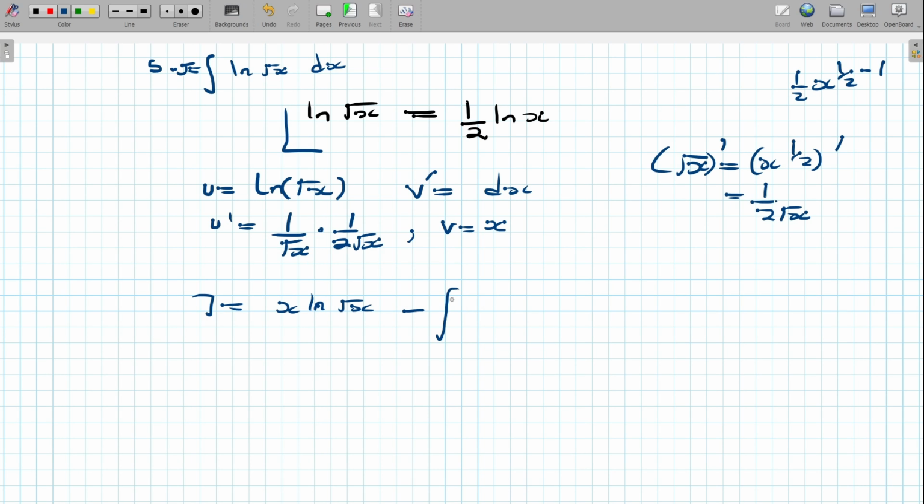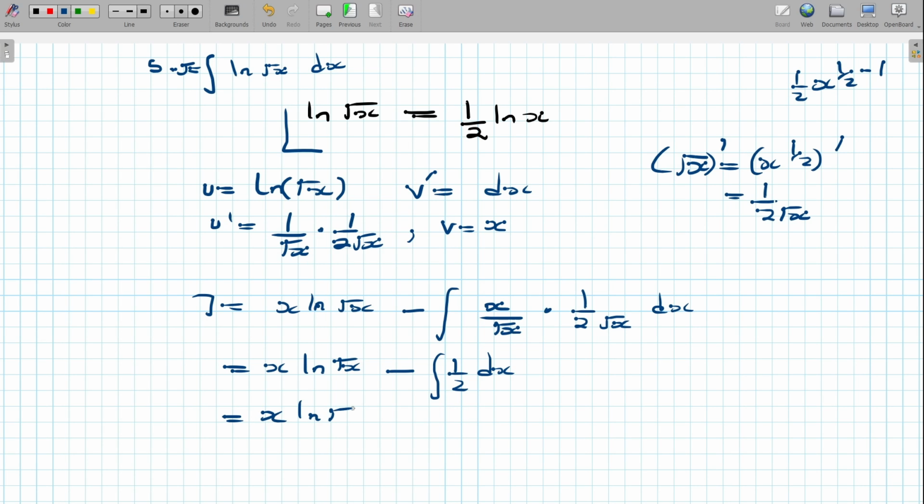So u prime is this quantity multiplied by this quantity. So we have x divided by root of x, and then multiplied by 1 divided by 2, and then multiplied by root of x. So here we have root of x. If we simplify a little bit further, we're going to have natural log of x, x multiplied by natural log of root of x, and then when the root of x multiplies with this root of x that we have here, we get x, then the x and the x simplify. So finally what we get is 1 divided by 2, and then dx. I'm going to put the x here, and then this is going to be equal to x,